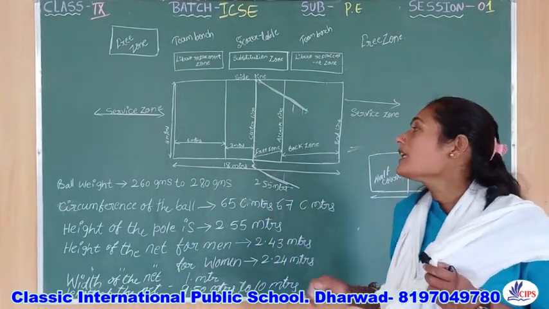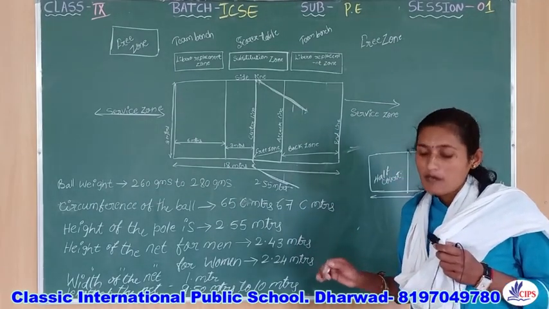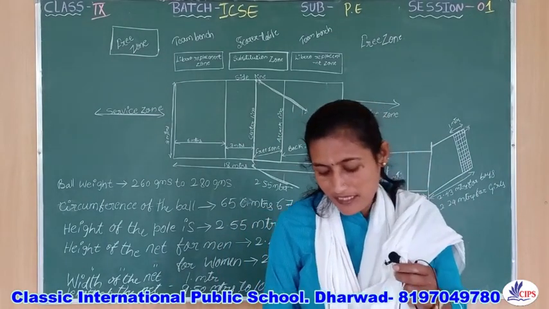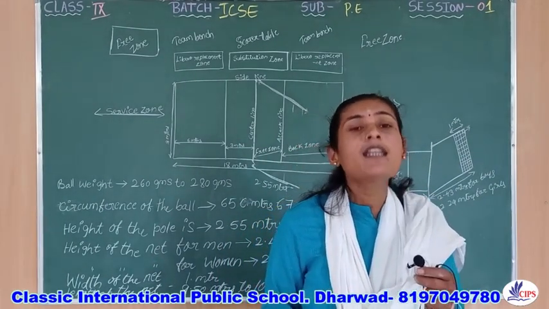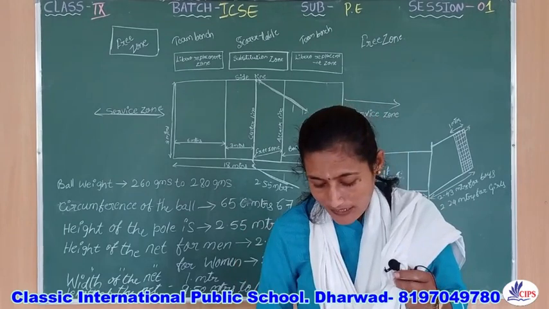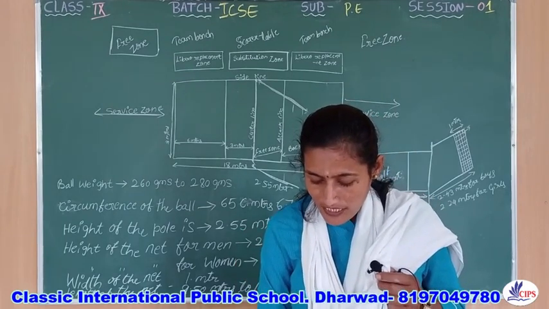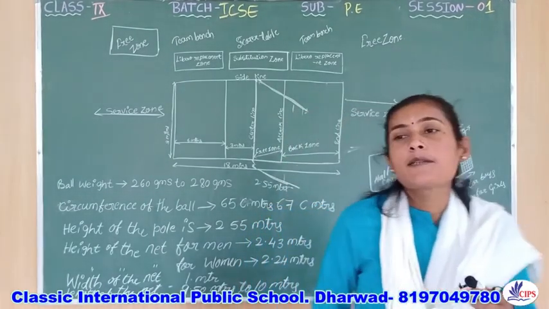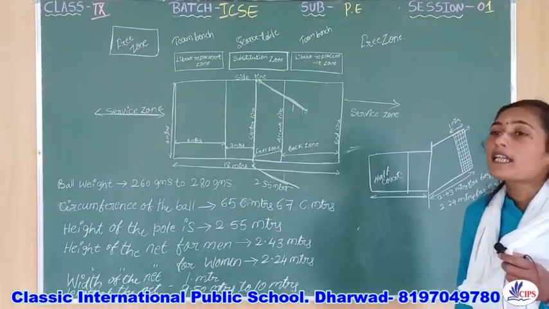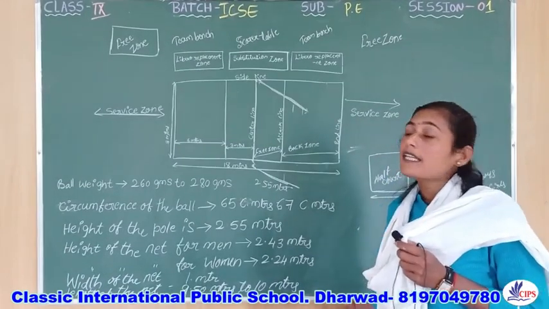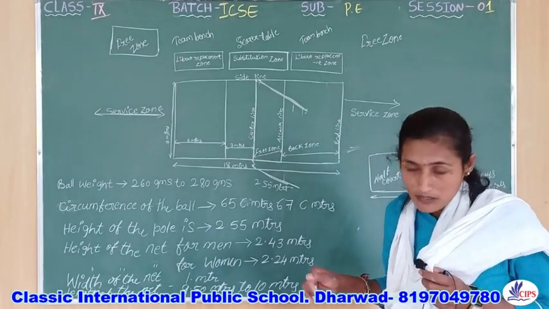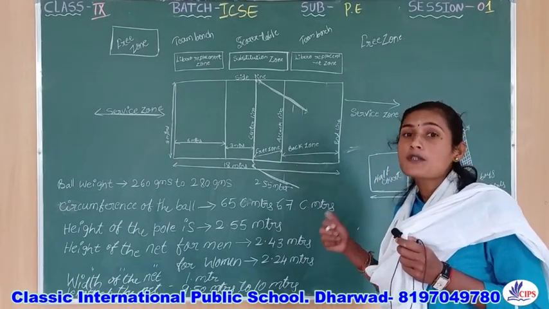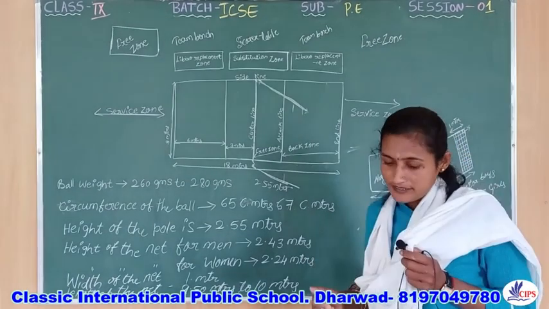How to strike the ball? Legally we can strike the ball, pushing it with any part of our body. Each team tries to score points by grounding the ball on the other team. Each team is trying to ground the ball in the other court, the opponent's court. For what? To get the score, to earn the point.